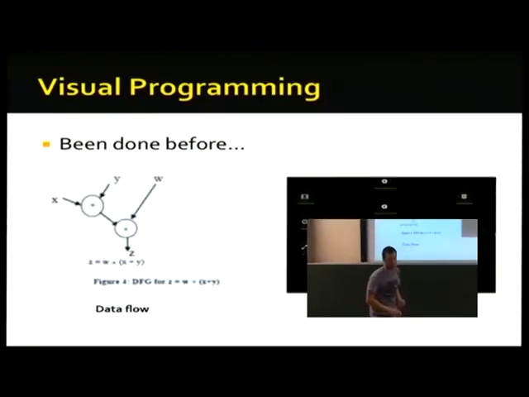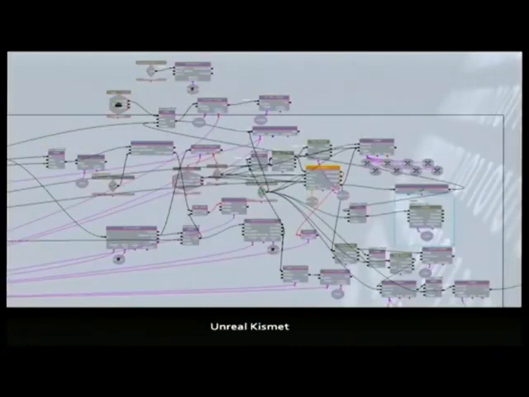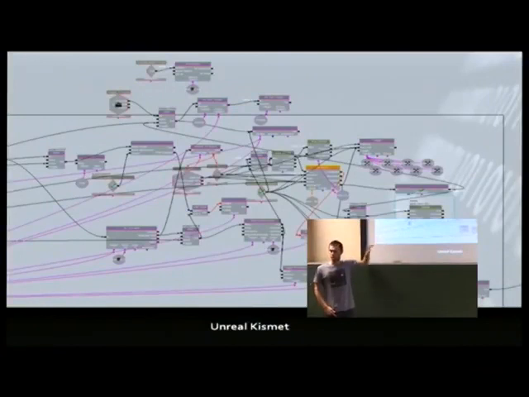There's actually quite a few visual programming languages. This one is called FlowHub, which is fairly recent, but there's a huge number, also in scientific computing. And in fact, they're already integrated into a lot of game engines. But the problem is, these graphs look really simple. They're really easy to understand when it's just a few nodes. But when you start adding on to it, you get something like this. This is Unreal. You can actually program a level all using the visual programming language. But no one else can understand it. This is totally crazy. Ultimately, it's spaghetti code all over again. It's just visual this time. So you just realize how crazy it is, but it doesn't really help you understand it.